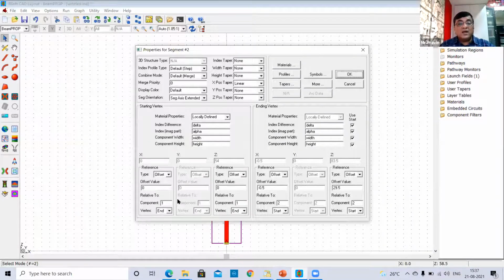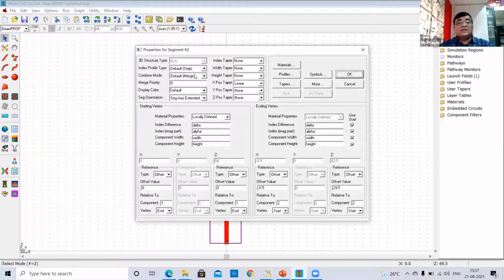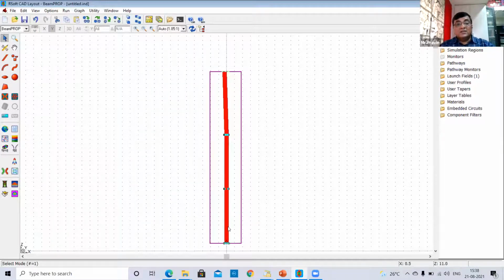So here you have the offset, with reference to component 1, the offset is 0 in the X direction or Z direction, and so on. Okay. And each of the segments can have different properties. This can have a different material than this one.